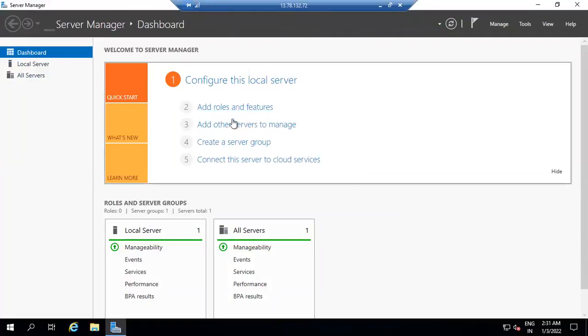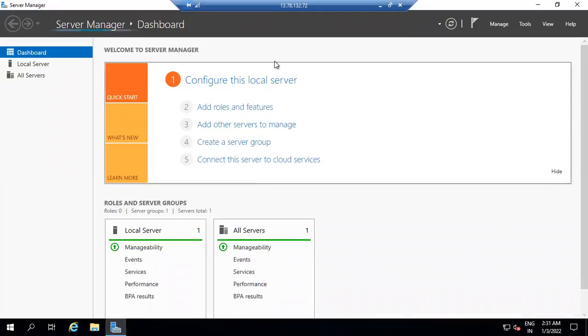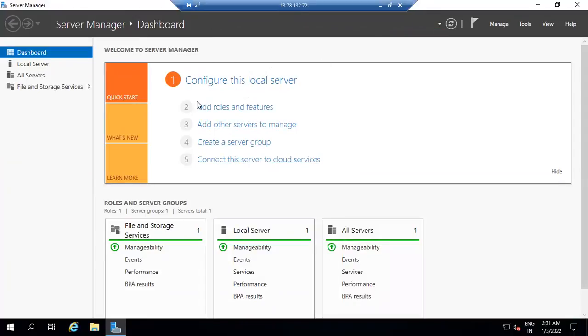But if you don't have RDP access, if you have access only with the Azure cloud, then how can you do that? So we have a way to install these things.